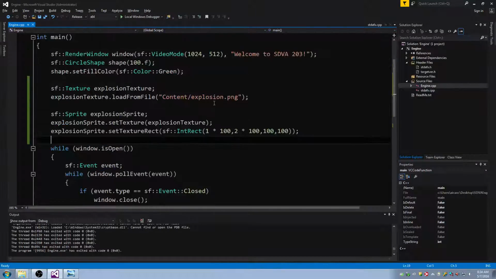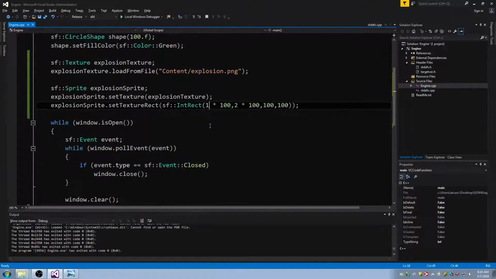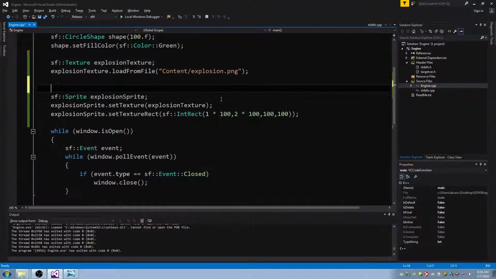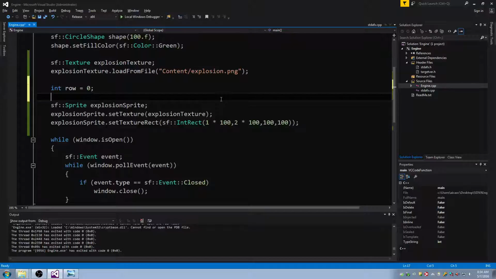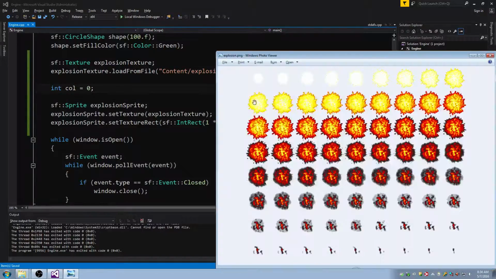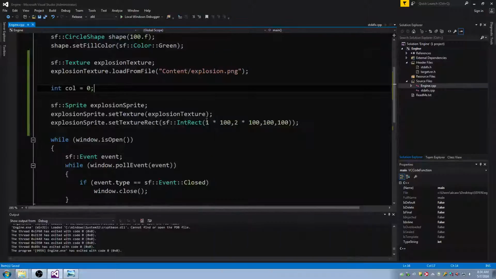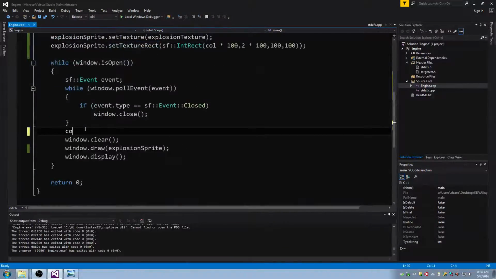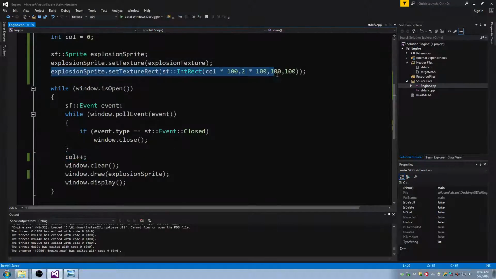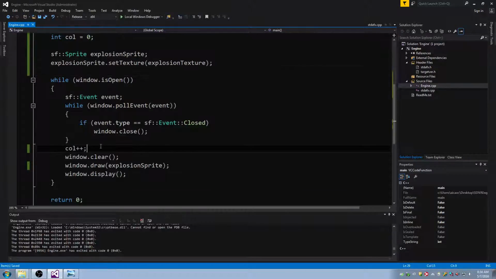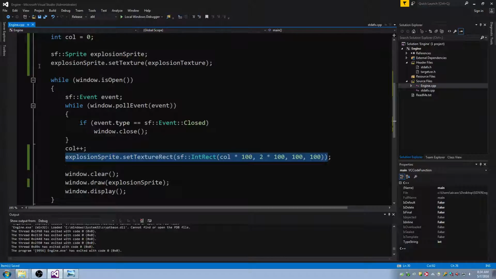To animate this, to start, I'm going to have it animate one row at a time just to see that it actually goes through the row. To do this properly, you need to keep track of which column you're on. Let's start with column this time. I want to animate from the left side all the way to the right side. This right here represents the column that I want to pick from. So if I change this to be a column, and inside the loop I add 1 to the column each time through, and also every time through the loop I recalculate what texture rectangle I want to set, so I move that line of code down into the loop,